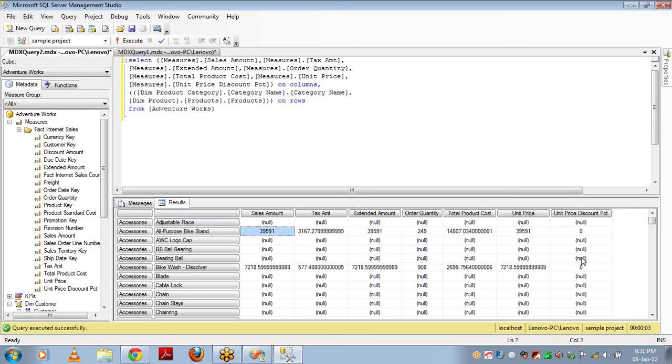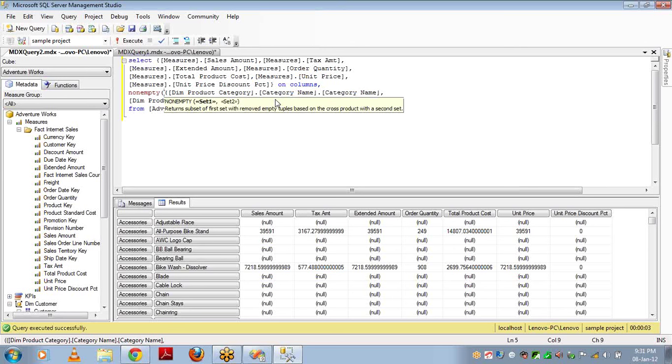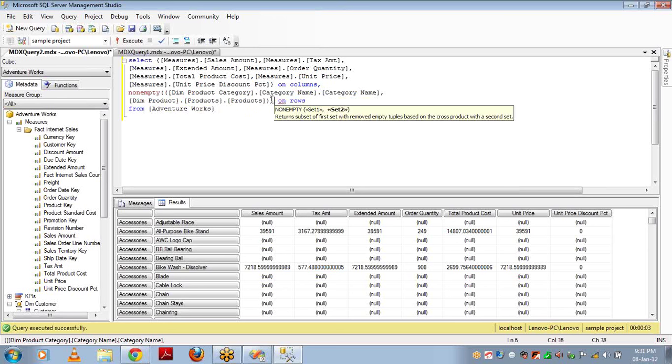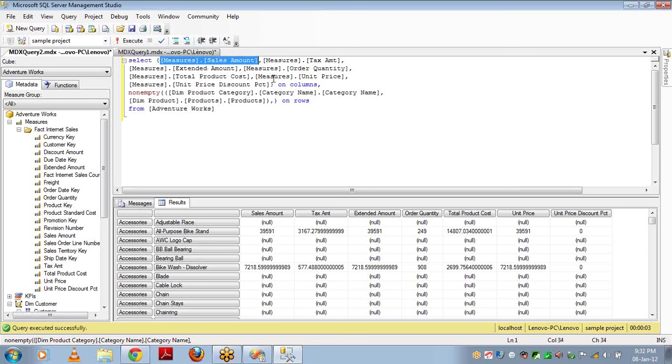Okay. Now the next one, non-empty without space between non and empty. How does this one function? Non-empty: I can give a tuple or set as the first parameter. You can see the set here, and the second one is the set of measures. For example, if I give sales amount, it is just like filter.